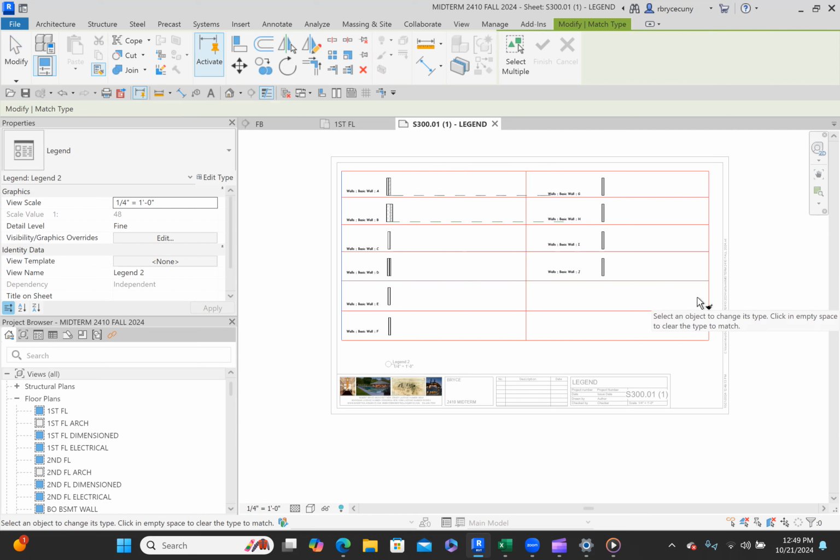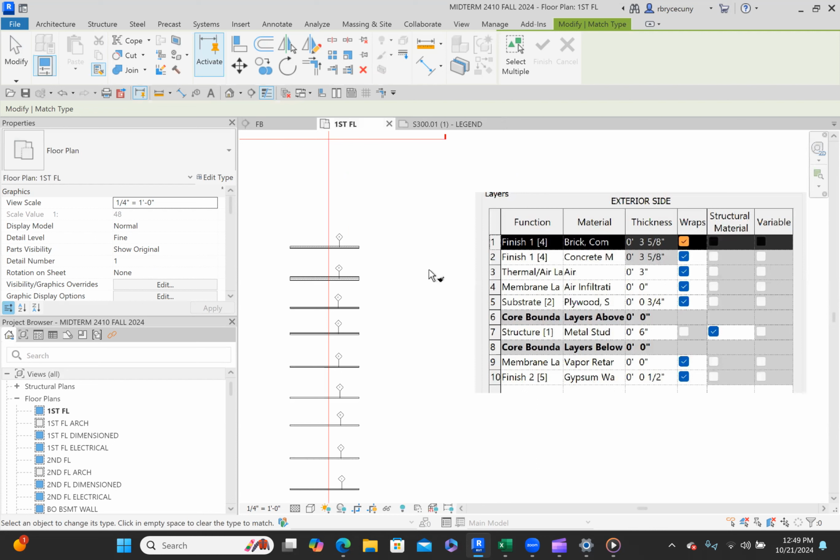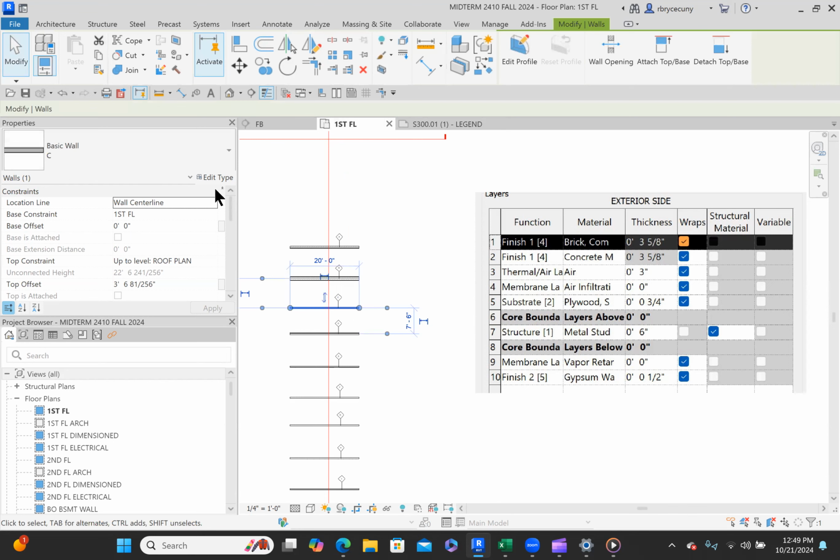Okay, so now we're ready for the actual midterm. Let's assume now we're actually working in the midterm. I've given you what wall type C is made up of. Now, your wall type C originally is just going to be something. It's not going to be correct. We'll go to the first floor, and you can see something. Let's say that this is what I tell you wall type C is going to look like. So we simply go to wall type C, edit the type,